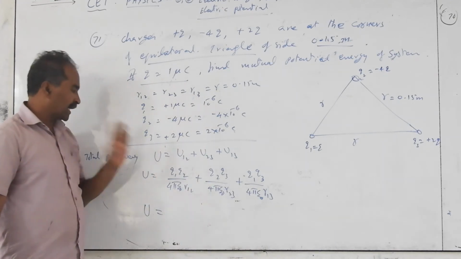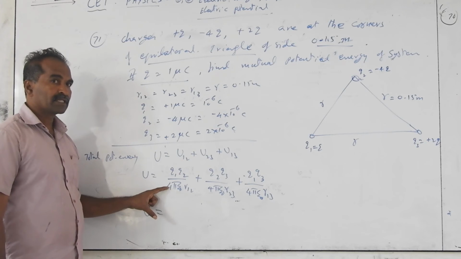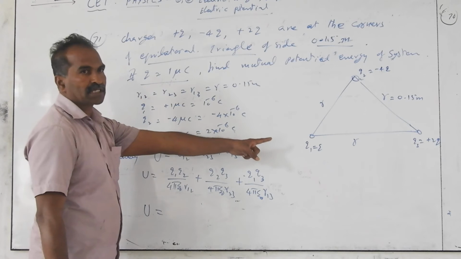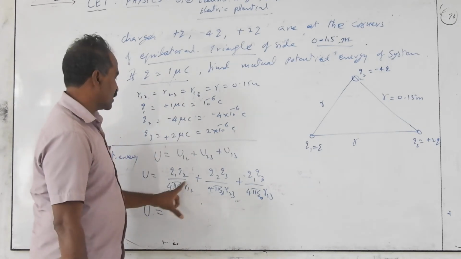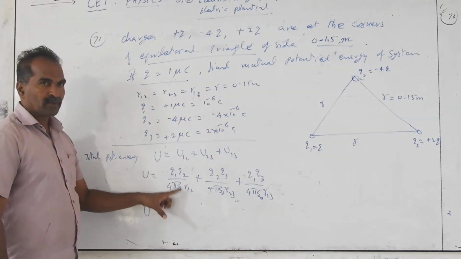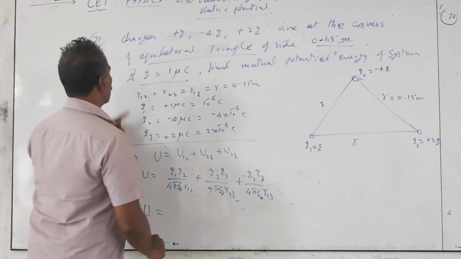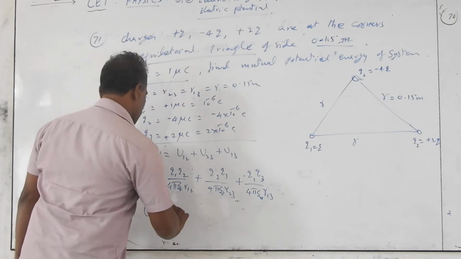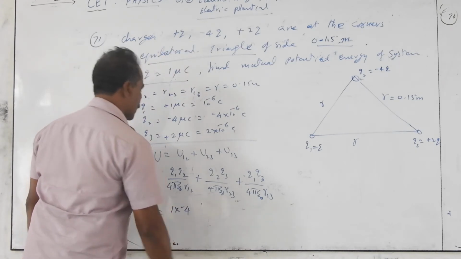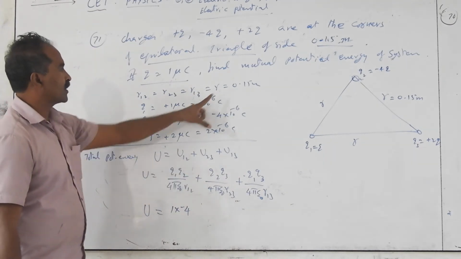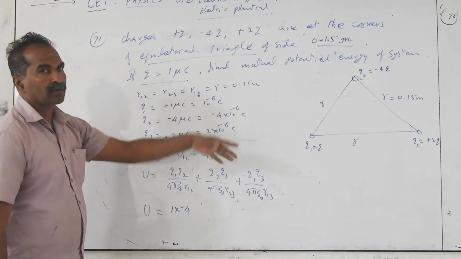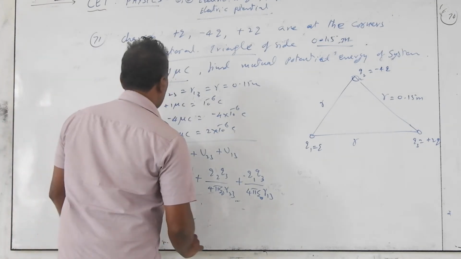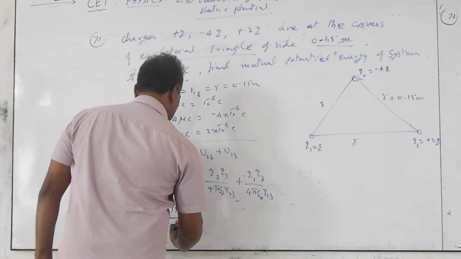Actually you should not write all these steps because you know the formula of this. Directly you go for the substitution of the values. U equals separate charges multiplication by distance. Just multiplication by R, R square does not come, that's the difference. Q1 Q2 means 1 into minus 4. Multiplication micro into micro, 10 to the power of minus 6 and 10 to the power of minus 6, I am taking out common 10 to the power of minus 12. R12 is R only, 0.15, that also we can take out common.